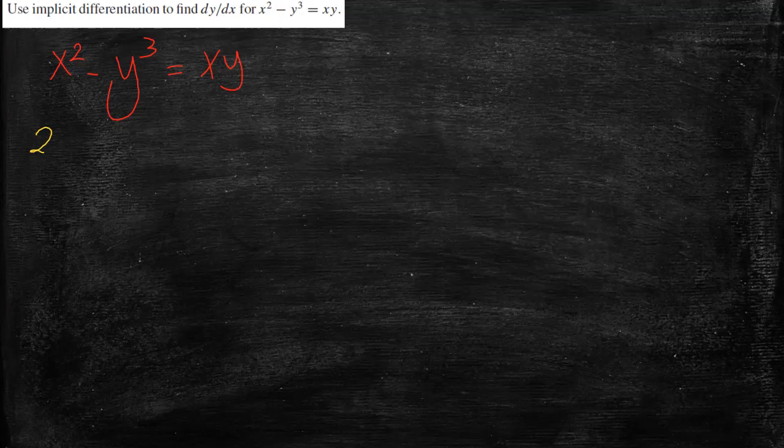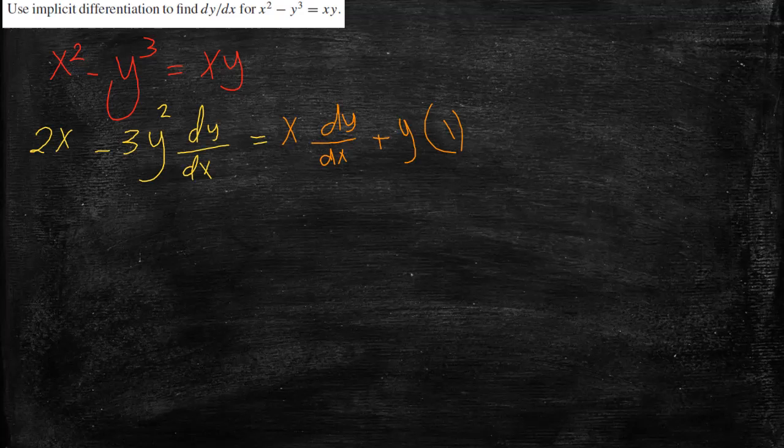We have 2x minus 3y squared times dy over dx equal x times y. We have to use the product rule. We will say the first term times the derivative of y plus the second term, which is y, times the derivative of x, which is 1. So 2x